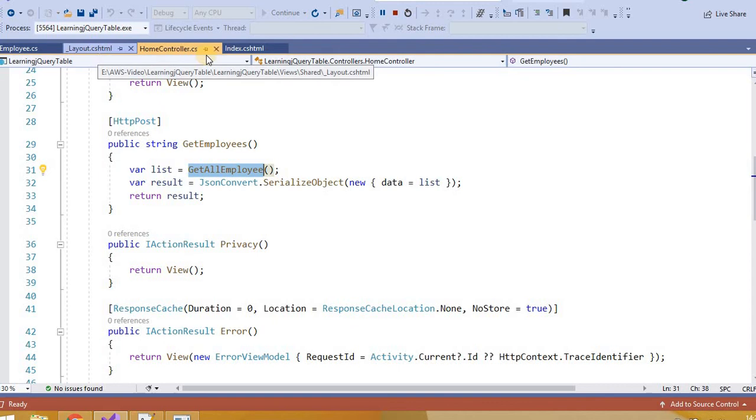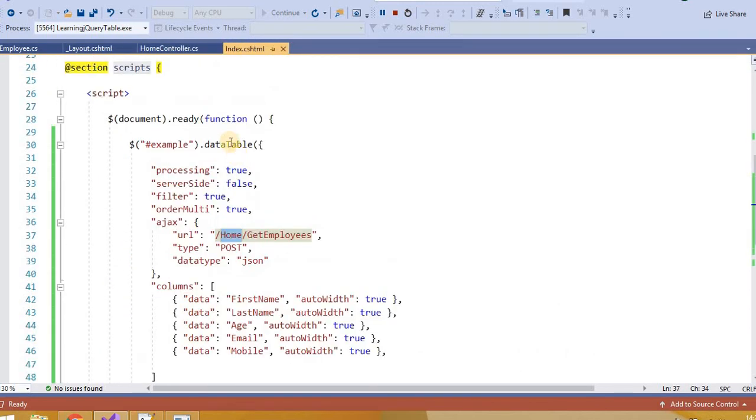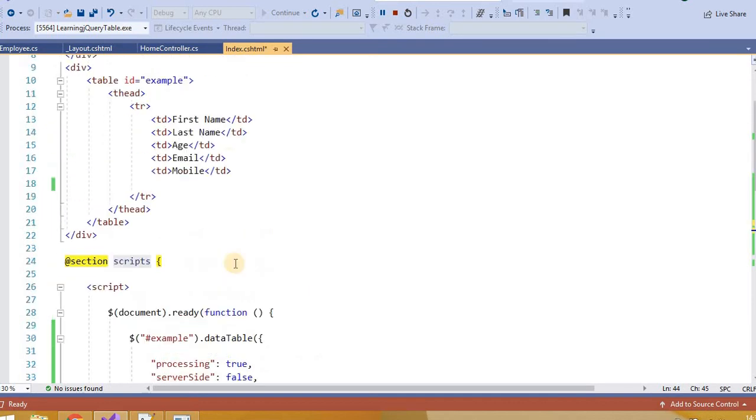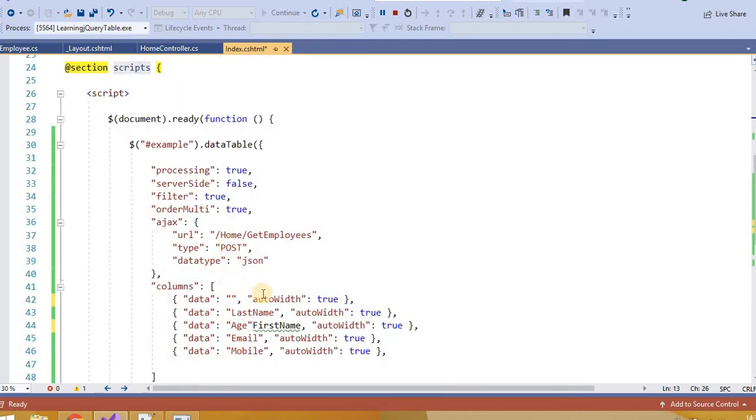Then we are getting the full data here, right? From that data, from each object we are getting the value of each property: first name, last name, age, email, mobile. This order must be the same as we are using here, first name, last name. Otherwise under the first name you will get some other value.